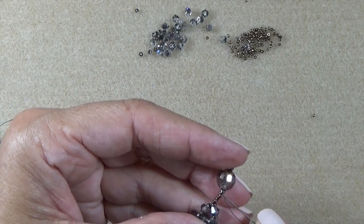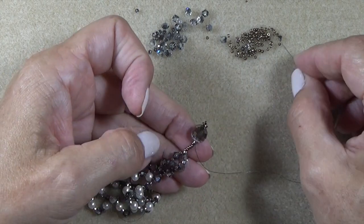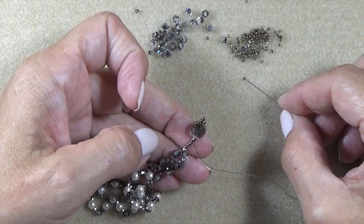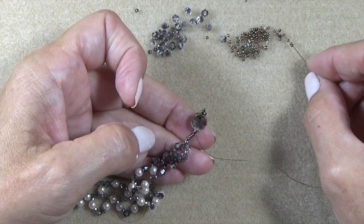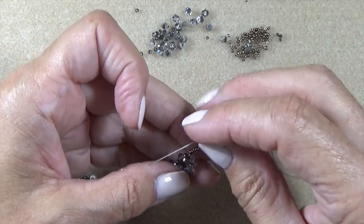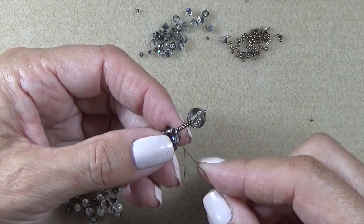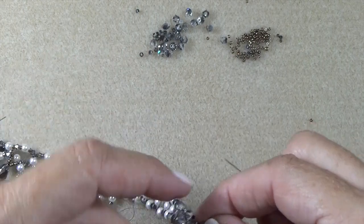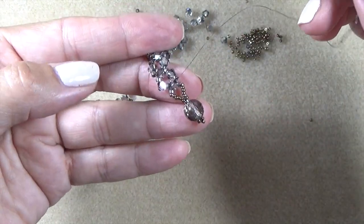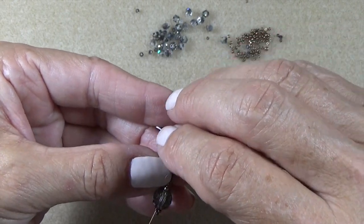And then I want you to take 6, 1, 2, 3, 4, 5, 6, and a Heishi, and go through the 4mm on the bottom. Okay. Now, so there's your clasp. Go up the Heishi, the 6